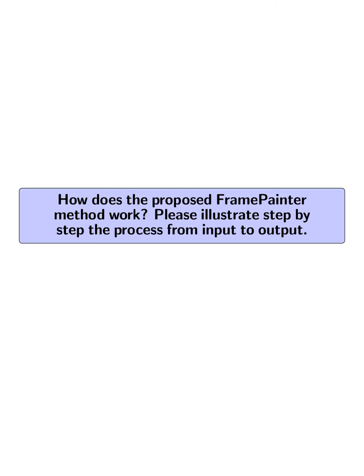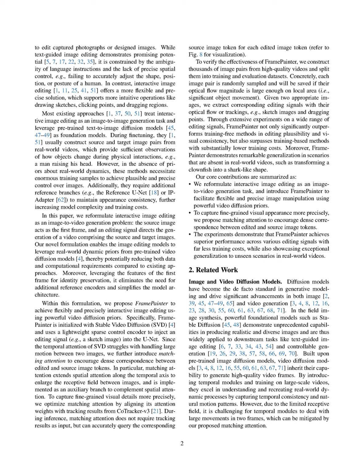How does the proposed FramePainter method work? Please illustrate step-by-step the process from input to output. The proposed FramePainter method operates by reformulating interactive image editing as an image-to-video generation task. Initially, it takes a source image, which serves as the first frame, and an editing signal, such as a sketch, as inputs. The model, initialized with Stable Video Diffusion, SVD, processes these inputs through a lightweight sparse control encoder that